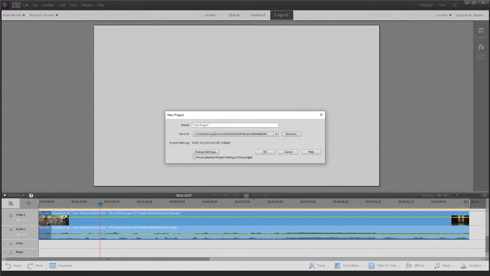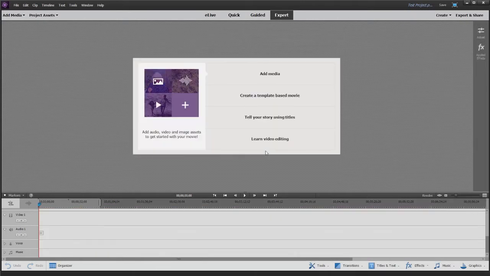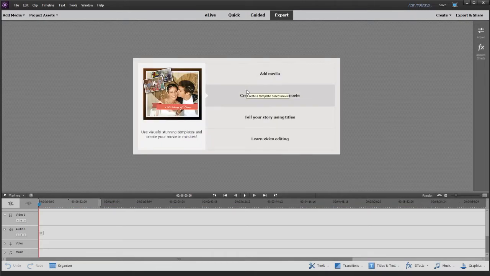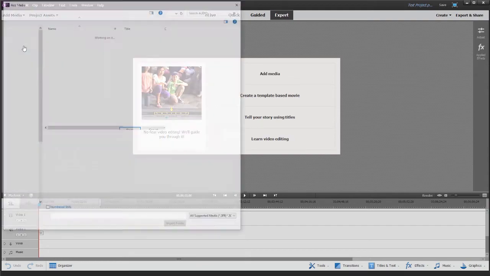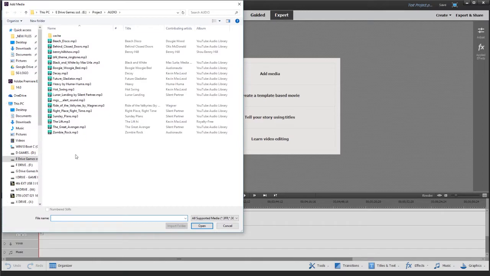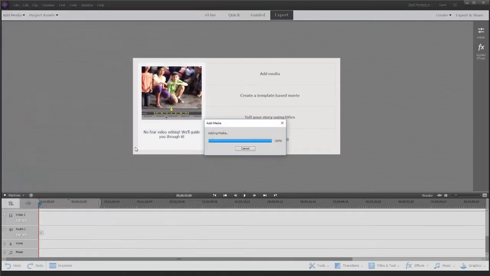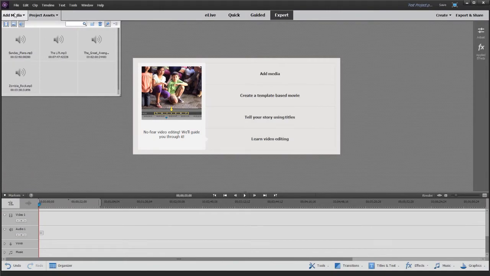Just going to make a test project for now. The first thing you'll notice is it's got a templating system. I ignore all that. I've gone into expert mode, and I'm going to add some media. First I'm going to grab some audio tracks that I've got sitting there. We'll play with those in a second. And I'm going to add some more